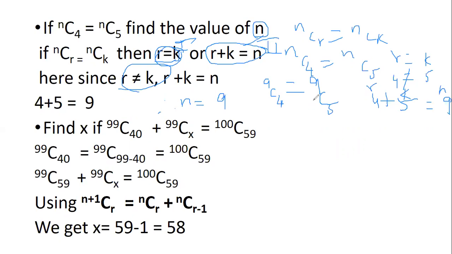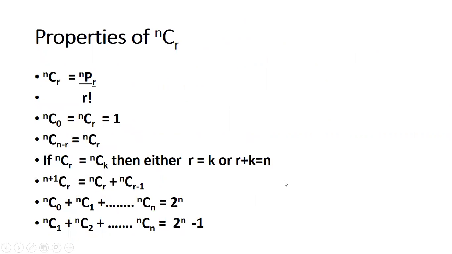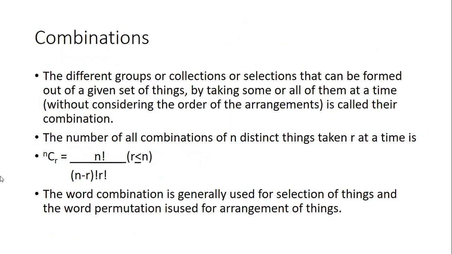Did you all understand the first problem? That is enough, only 9. We don't have any factorials here, so we will not be calculating any factorial part. One way we can verify this is by using the formula. What was the formula we understood for combinations? n factorial by n minus r factorial into r factorial, correct? We can use this formula and find out